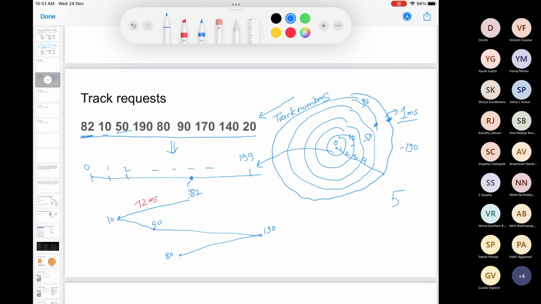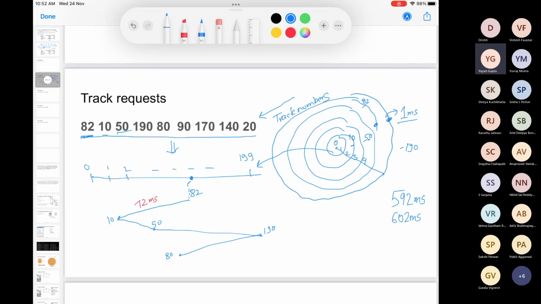592. Sorry. 602. Okay. Someone verify this. Six, not two. What went wrong? Try to use a calculator. We can see.